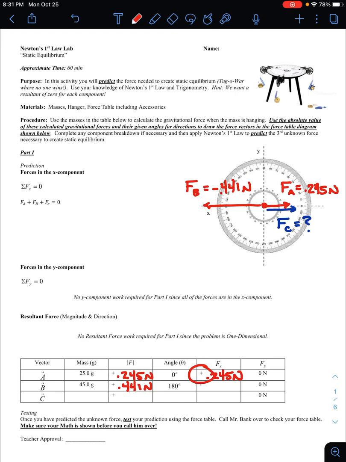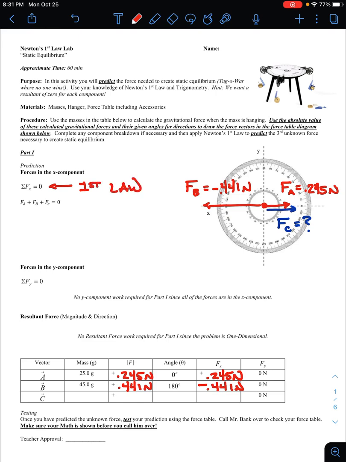So see how I already helped you out with it's in the positive direction because it's 0 degrees on the table. Same thing then with the 0.441 newtons. It's 180 degrees, so you can see I've already actually put the negative there. I'm going to go over it just so you can see it very obvious. Okay? The big idea then is right here. So this is called Newton's first law, and I've already set it up for you for this problem. So here's the huge idea,